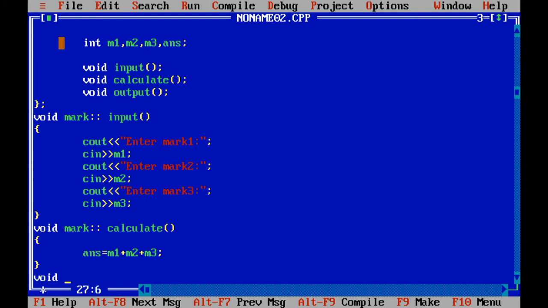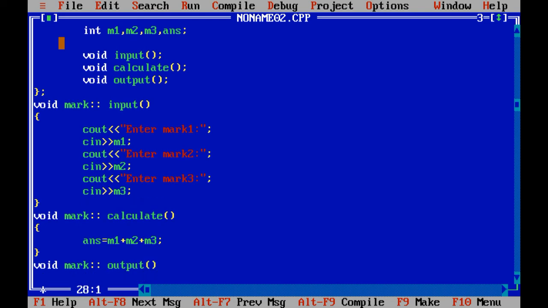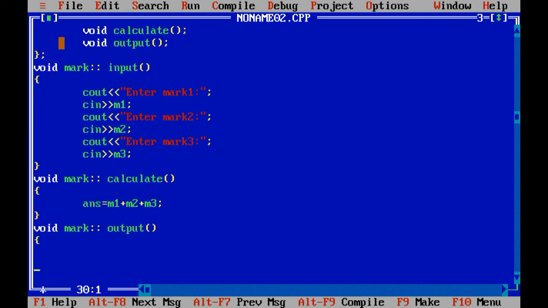And now mark output. The output function contains the printing statement: total of 3 subjects is the answer variable. So these 3 functions we have declared outside the class.